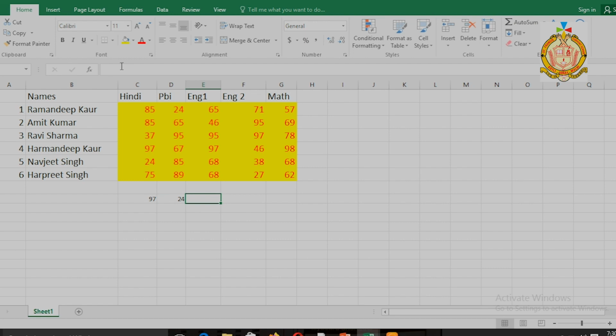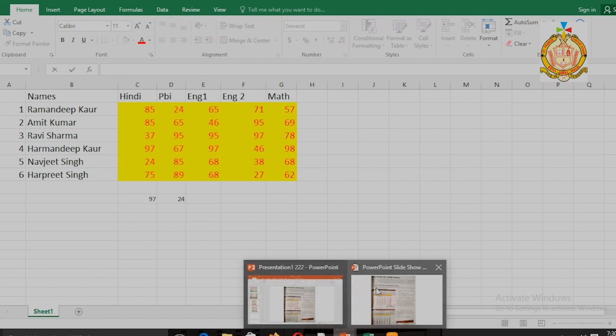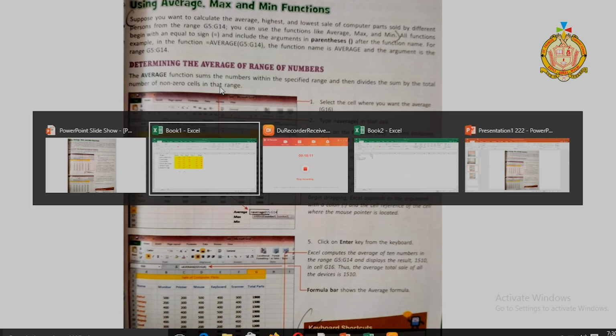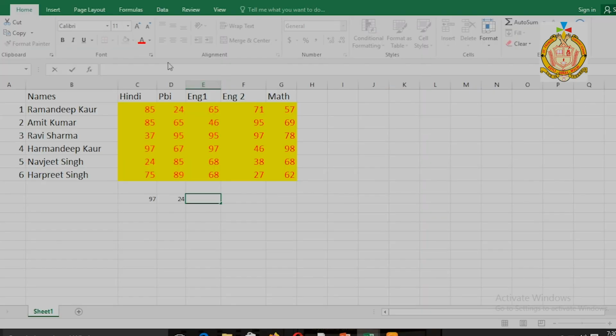Next, I want to find out the average. Because in the video I discussed, here it is average, max we have done, min we have done, now it is to be done for average. What is the formula for average? Here I will use this auto sum. This is also another procedure, auto sum.